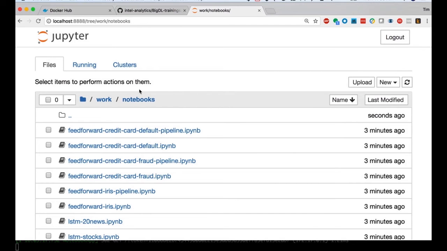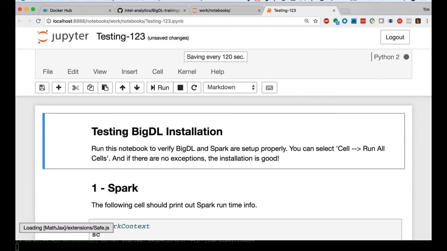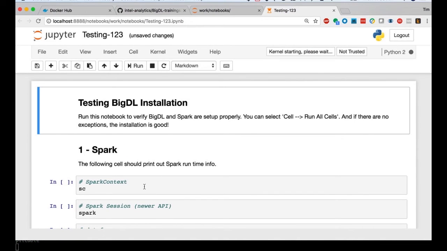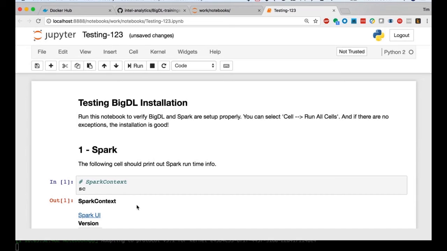If I go here, you'll see that I have several notebooks, all of which are for future examples. One of which I want to pay your attention to today is the testing 123 notebook. So here's the testing 123 notebook. If I go through and run the cells here one by one, you can see the results. Notice here when I say sc, it prints out the Spark context.